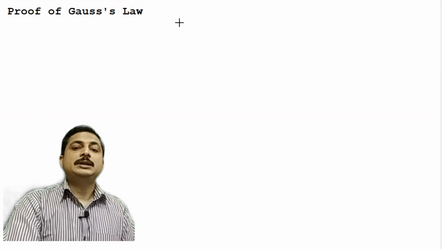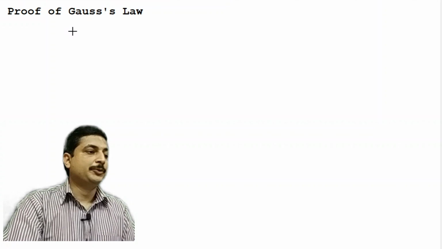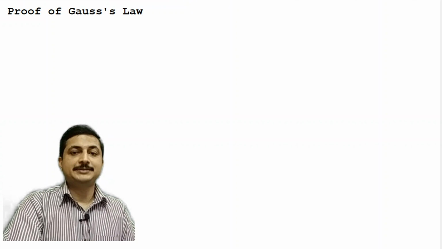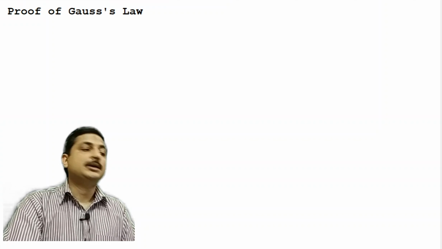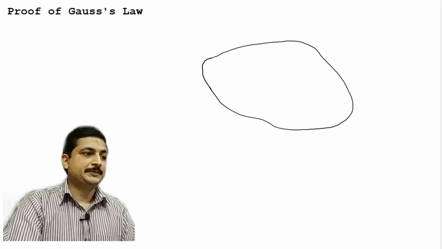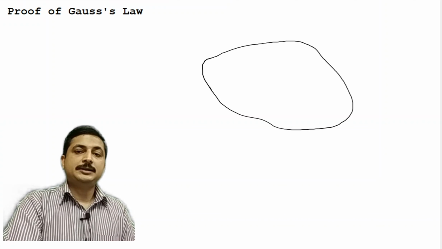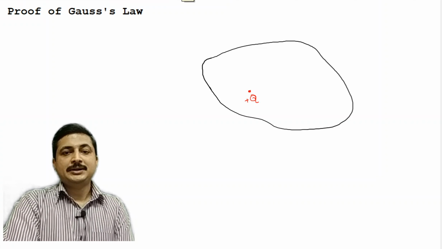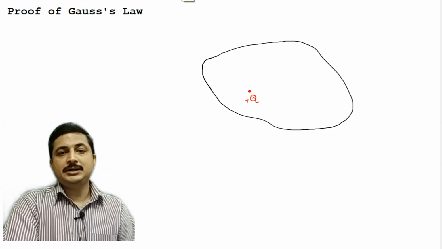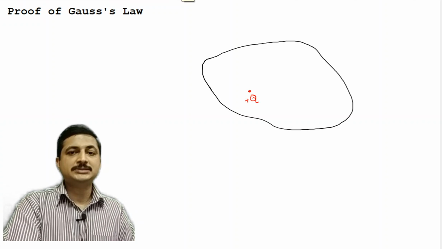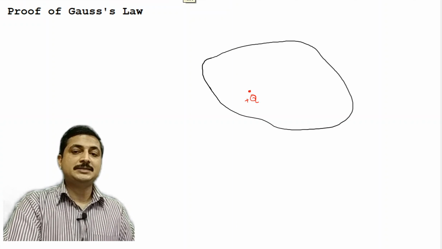Okay, now let us see how to prove this. For that, as I told you while explaining Gauss's law, you will be considering an arbitrary closed path. So let me first consider an arbitrary closed path. Now this arbitrary closed path is enclosing a charge plus q at an arbitrary position. It doesn't matter where my charge is residing inside the enclosed surface also. So these two things are very clear, so I can generalize both.